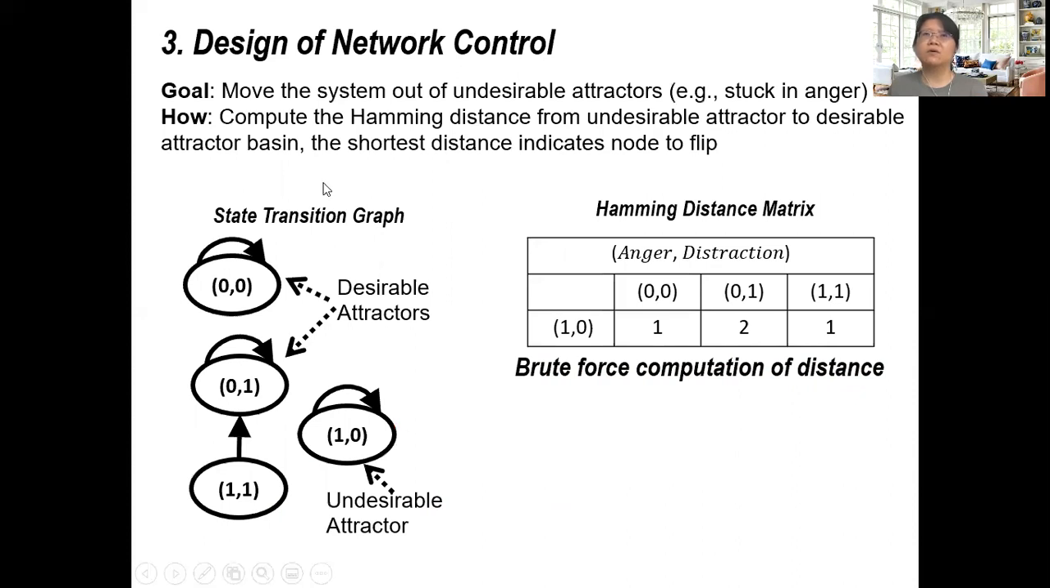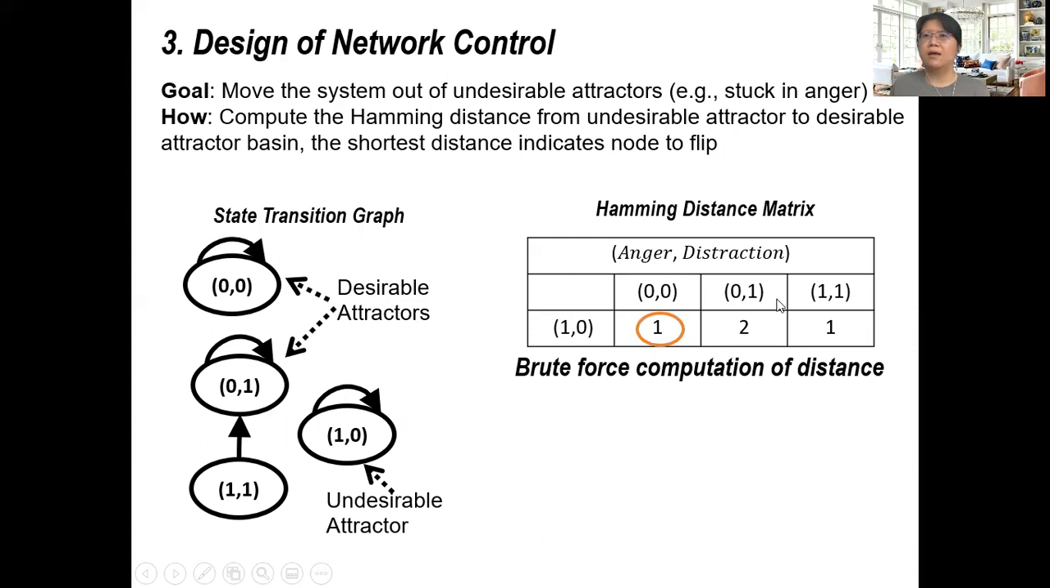On the technical level, this is done by computing the Hamming distance from the undesirable attractor to the desirable attractor basin and finding the shortest distance that indicates the node to flip. So in this table here, this row is the undesirable attractor state, 1, 0. The 3 columns indicate the states in the desirable attractor basin, which are those 3 nodes or 3 states. And we can compute the Hamming distance here. For example, from 1, 0 to 1, 1, there is a distance of 1 because we only need to change